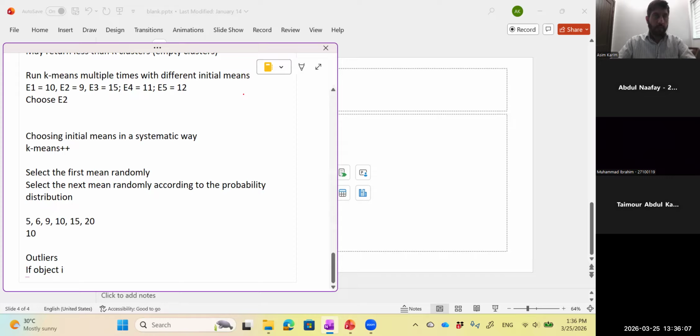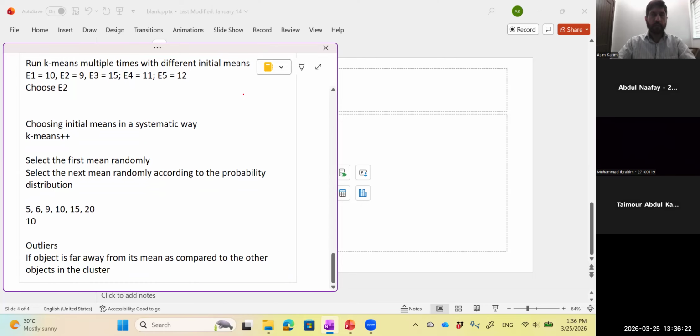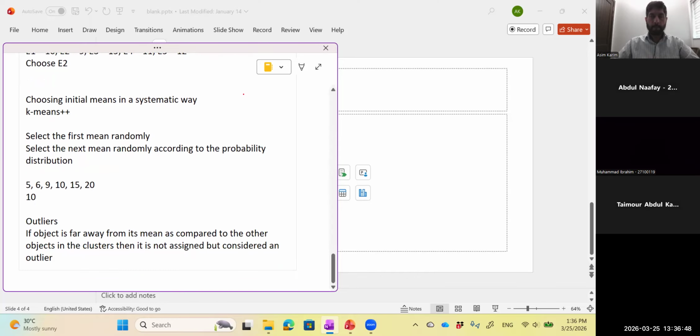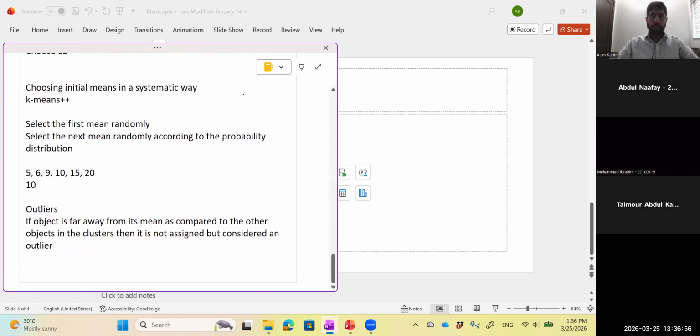So if an object is far away from its mean as compared to the other objects in the cluster. Now, this "as compared", you have to use some threshold or some criteria, whatever, कुछ भी आप असाइन बना सकते हैं। 50% हो गया, 80% of the other distances and so on, then it is not assigned but considered an outlier। ठीक है। सो आउटलायर्स आपके इस तरह हैंडल हो जाएंगे।